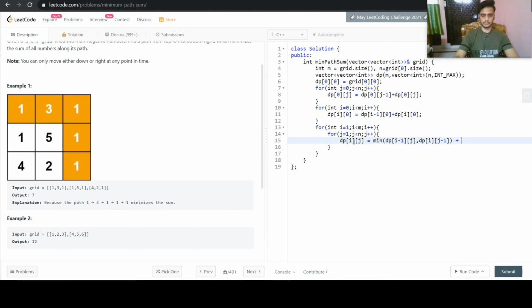So this will be grid of i comma j. So we made a mistake here. We need to mention grid here. So the current block's cost is stored in grid. So that's it. And at the end, we just need to return dp of m minus 1 and n minus 1.